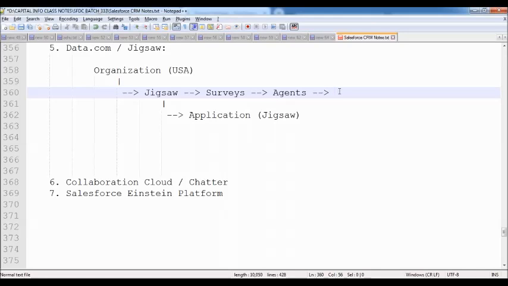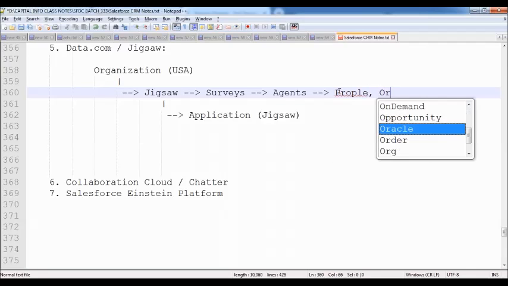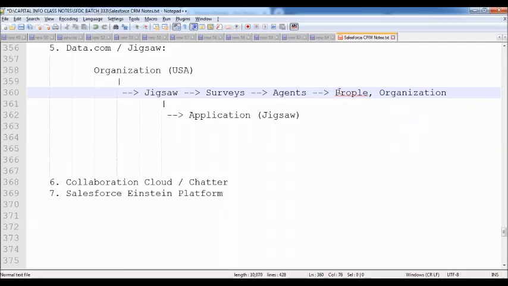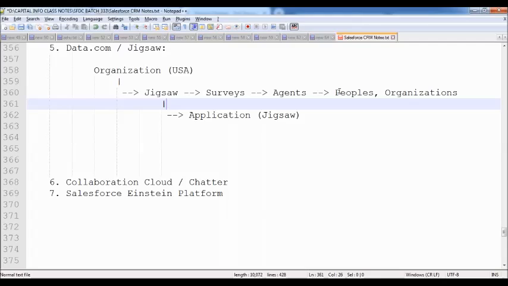Through these surveys, they collect information about various people and various organizations. That means they collect many individuals' information and organizations' information.